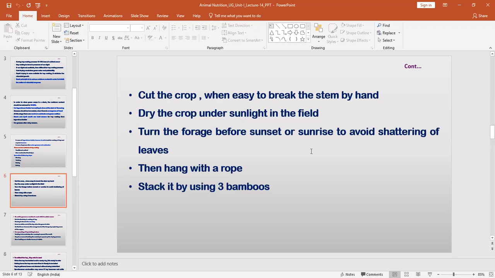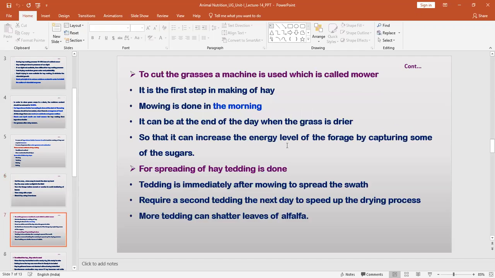We can stack it on preparing the bamboo. We can stack it with the help of the bamboos. Cutting off the grass requires a machine called the mower. Mowing is the process of cutting, and we can use the mower machine for cutting